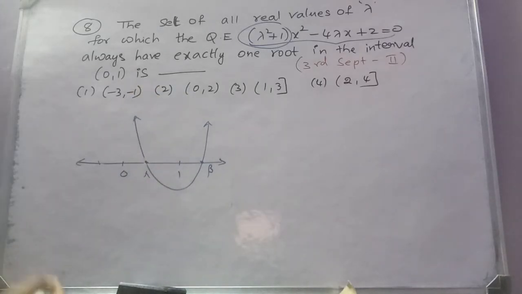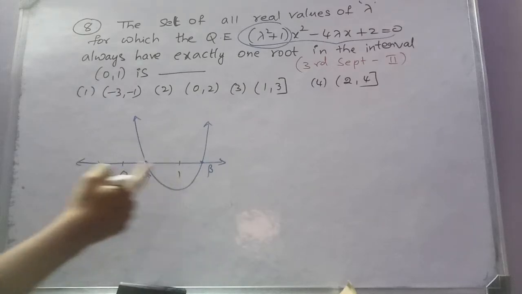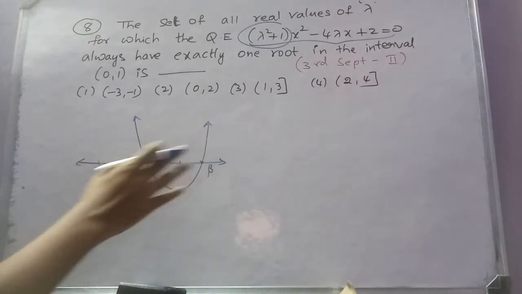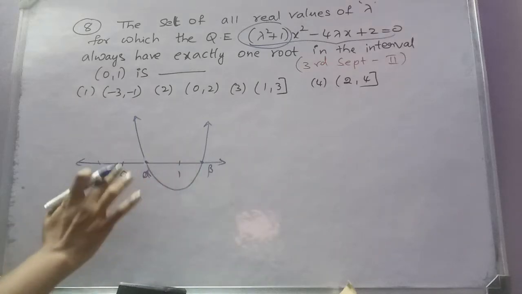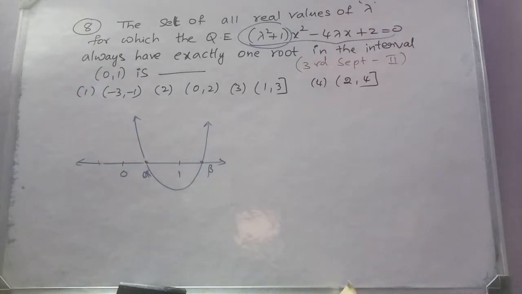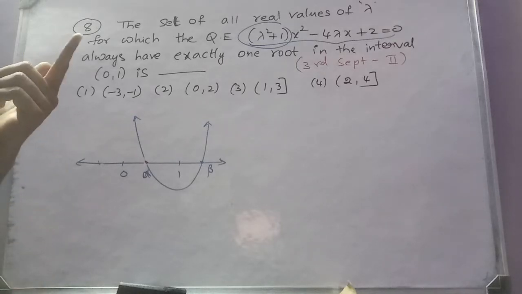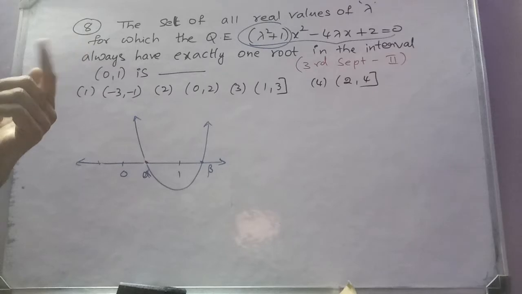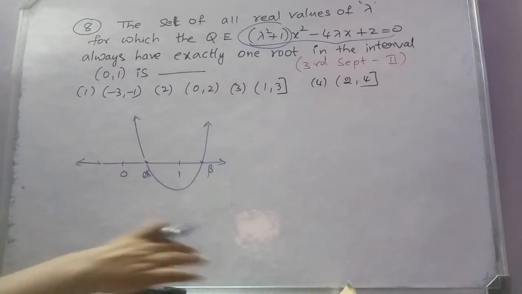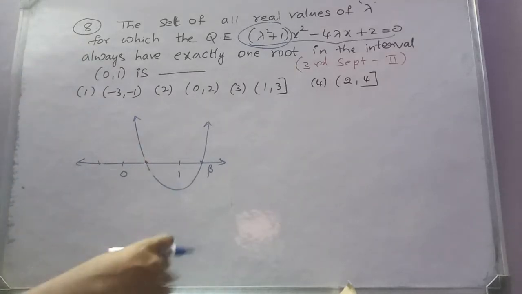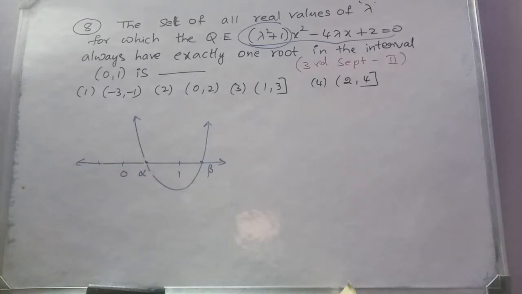So it is an upward parabola where there is only one root between 0 and 1. And the other root is somewhere else, it is not between 0 and 1, just understand this. And if we go with our concept of location of roots, I have explained the concept of location of roots. You can check it in the playlist of quadratic equations in our channel. After this video also you can check it. Anyhow, see here.